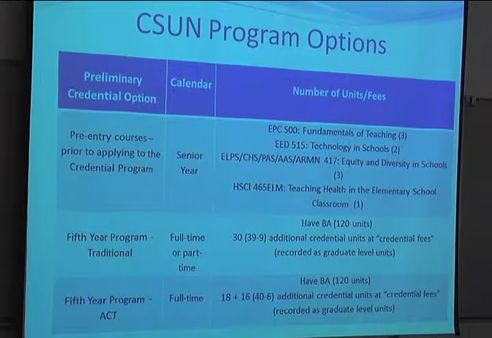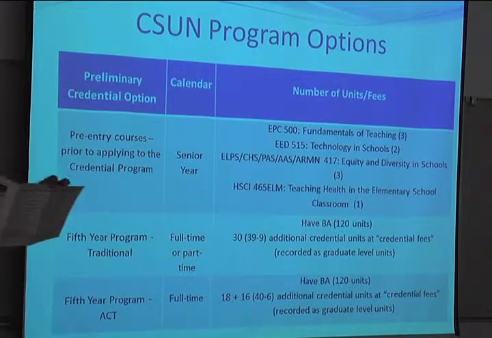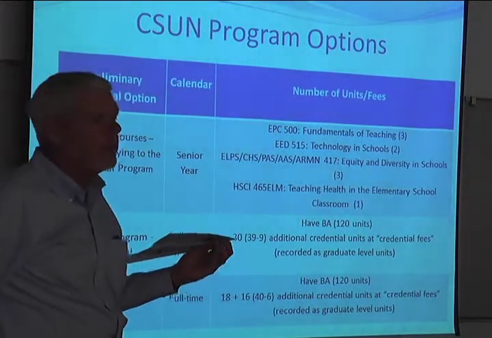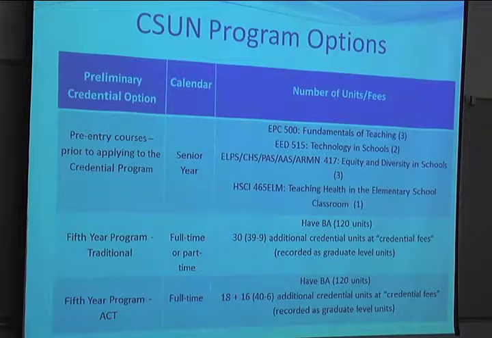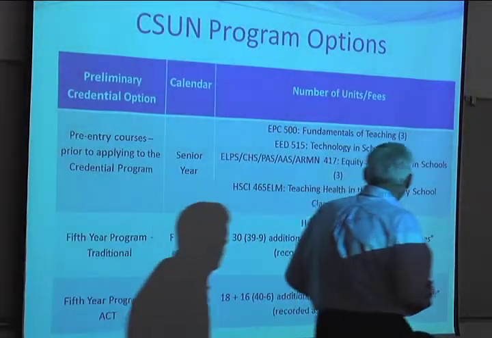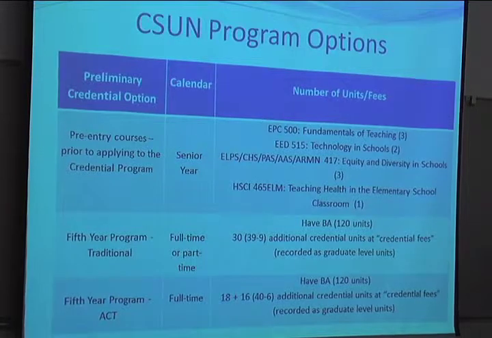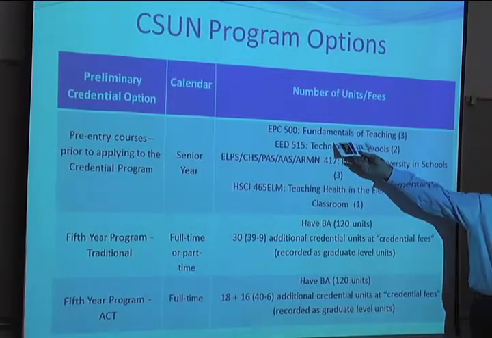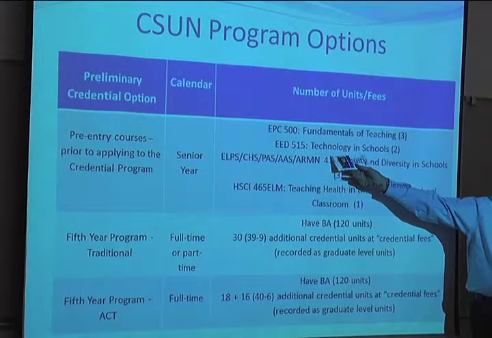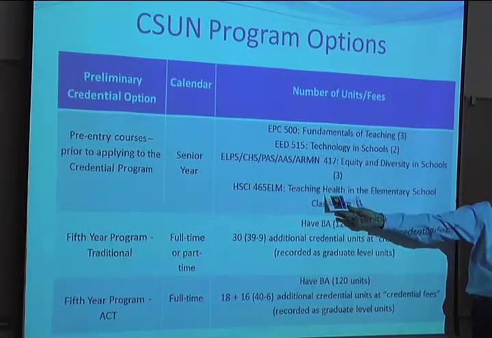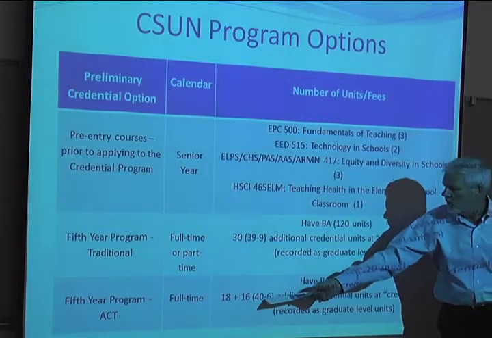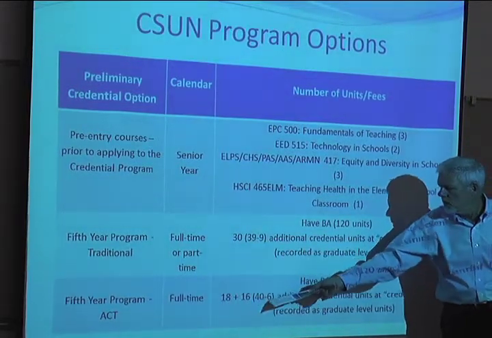If you open up your brochure, you can see on the inside here, we have the fall classes on the left-hand side, we have the spring classes on the right-hand side. You'll notice that in the fall semester, it's 23 units for those who need all of the classes. Okay? In the spring, it is 17 units for those who need all of the classes. But just as with a traditional program, you can already have taken fundamentals of teaching course, the technology in schools, and the teaching health course. You'll notice that we have a little different equation down here, where this is 39 minus 9, this is 40 minus 6.